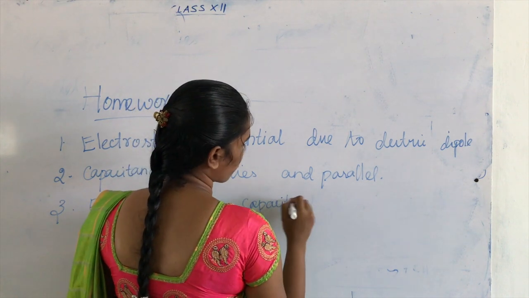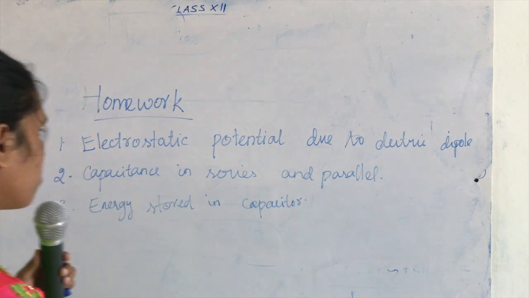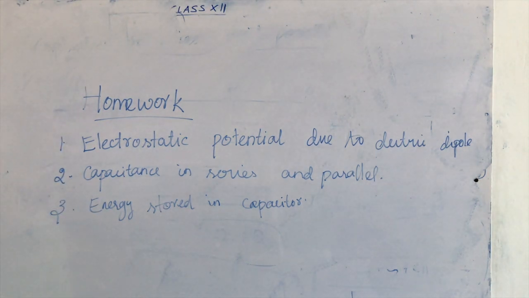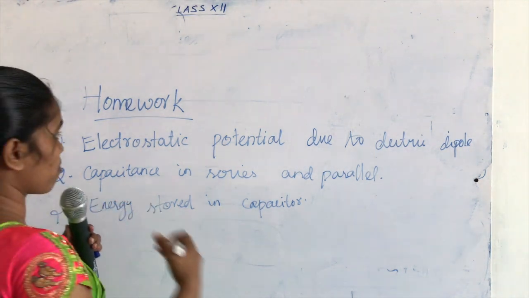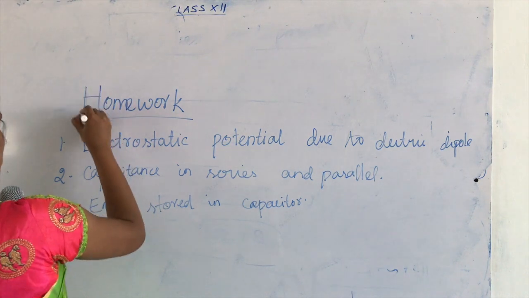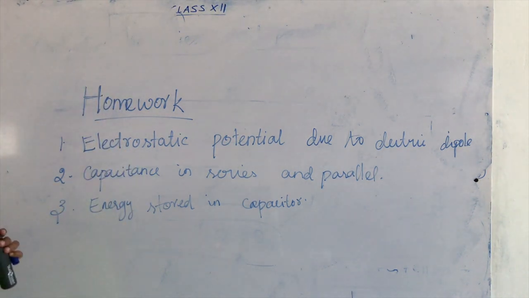Okay, don't copy from the book, but in the book only 2 or 3 lines are given. But I have derived each and every derivation with a deep knowledge. Okay, you refer to my notes and study well and understand it clearly and write it as a homework and assignment. Okay, children? Thank you.